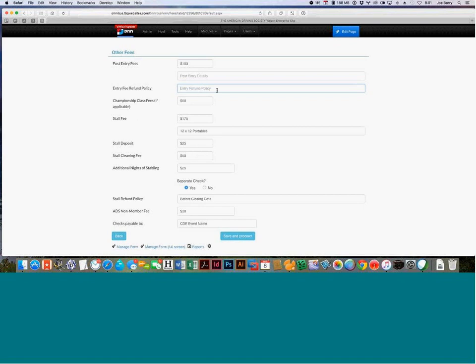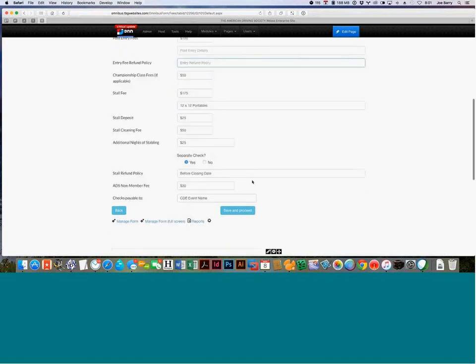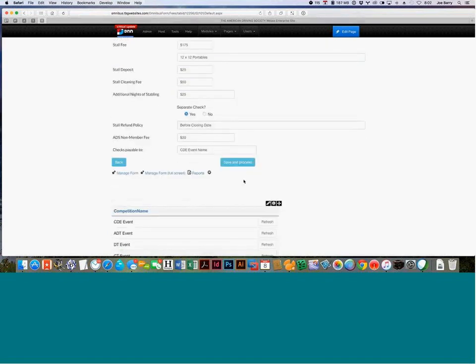If you don't have an entry refund policy or else, it's blank and it will stay blank. If you want to come back to it later, you can do that. So we tried to make it so that everything you do carries forward and backward. You never have to redo anything along the way. In the process,